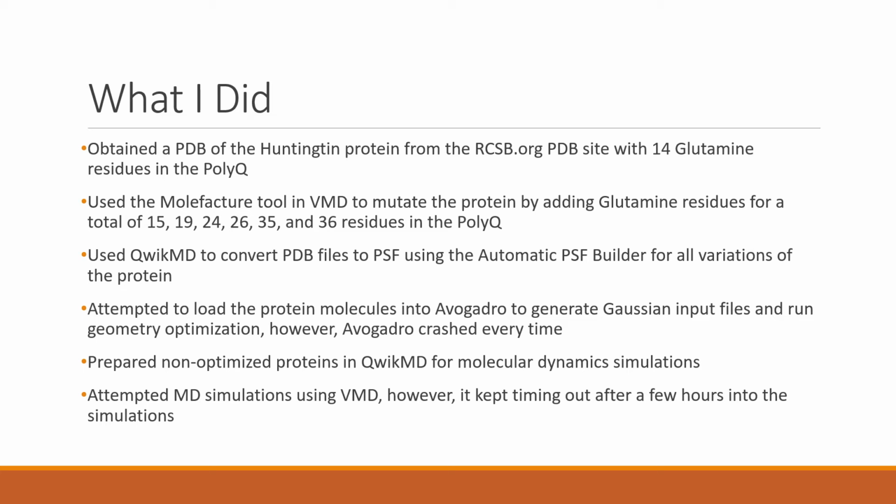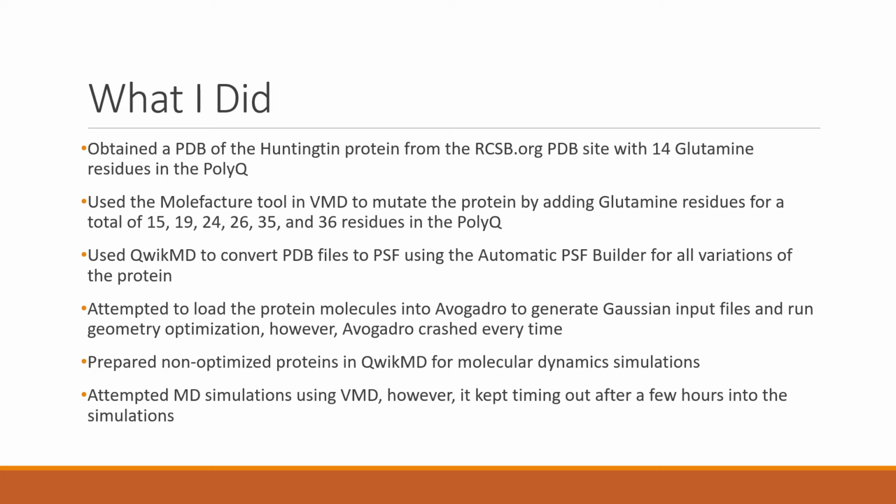I used the Mutator tool in VMD to then mutate the protein by adding glutamine residues of varying numbers, for a total of 15 glutamine residues, then 19, 24, 26, 35, and then ultimately 36 residues in the PolyQ tract. I then used QwikMD to convert the PDB files to PSF using the automatic PSF builder for all